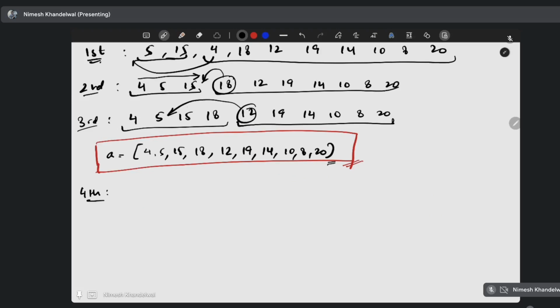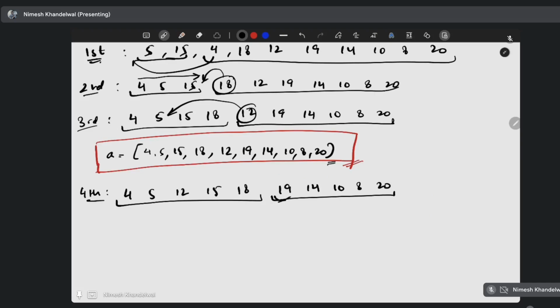After 5, before 15, right? So after the fourth iteration, it will look something like this: the sorted section and the unsorted section, 10, 8, 20, and so on. We just need to take the